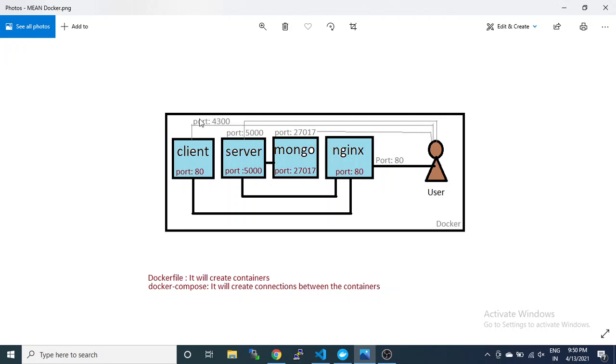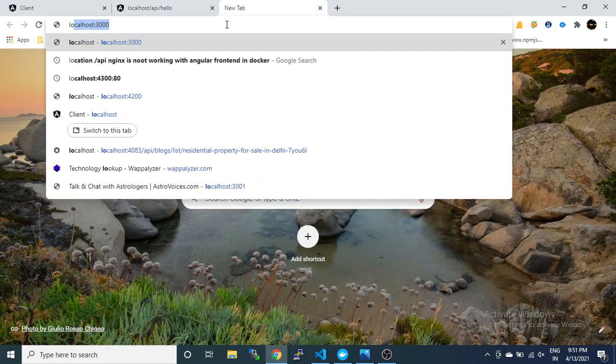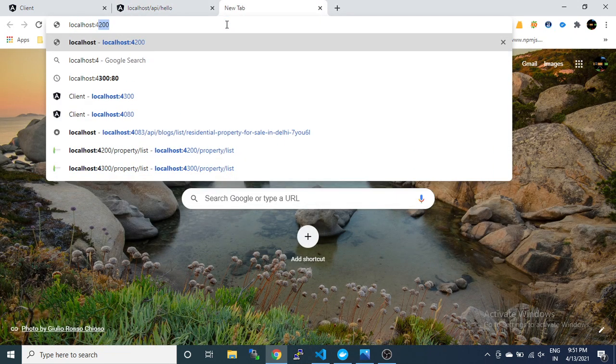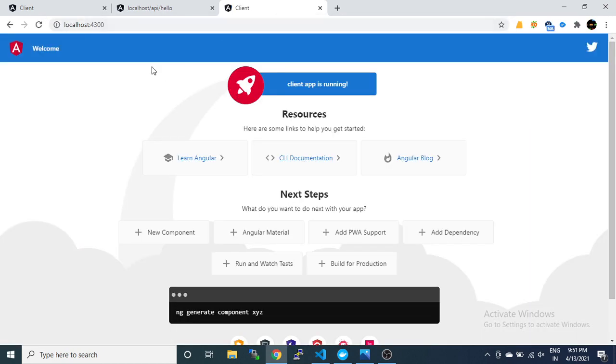Okay, so we will try to access these three. Port 4300 will return the client. So it is directly accessed from the container without the reverse proxy.